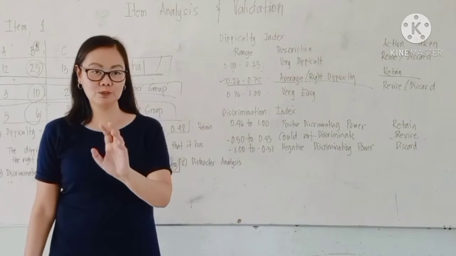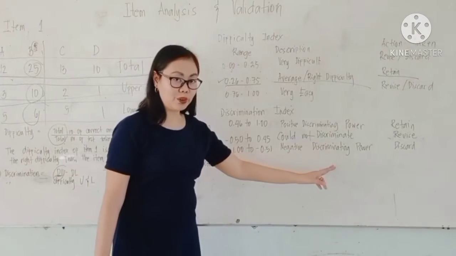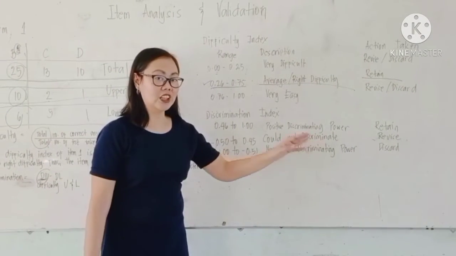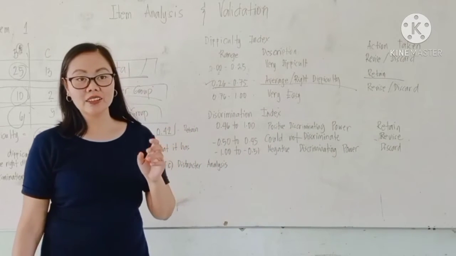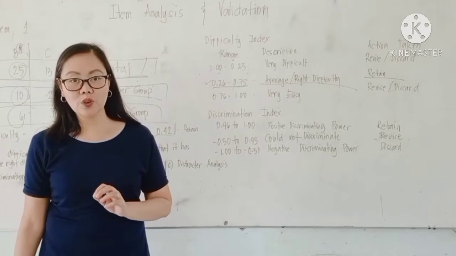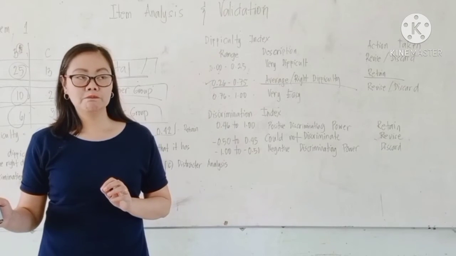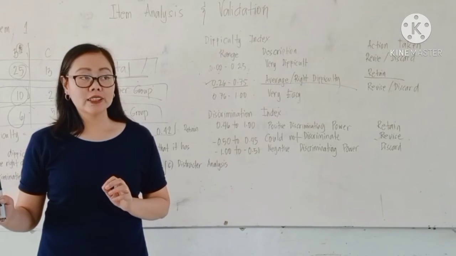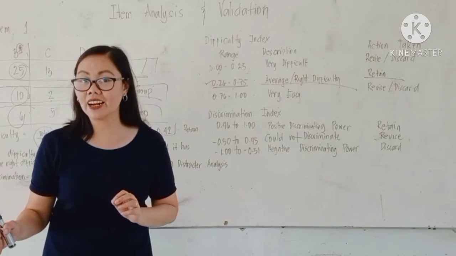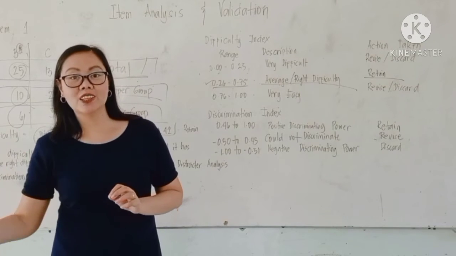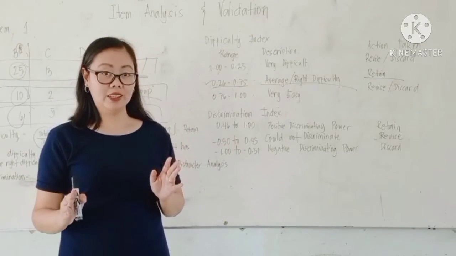Meaning, tama yung pagkaka-discriminate. Kapag negative discriminating power, dinidiscard natin siya kasi ang nangyayari ay ganito. Mas marami ang nakakuha ng tamang sagot dun sa lower group, meaning dun sa pinoprognose natin o sa iniguess na hypothesize natin na hindi nag-aral o hindi natuto kaysa dun sa mga natuto. Eh, ang tamang item, dapat mas